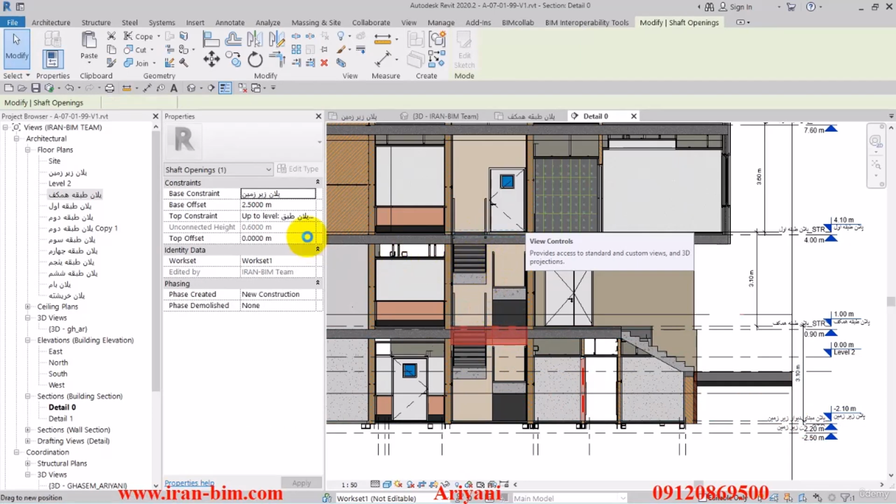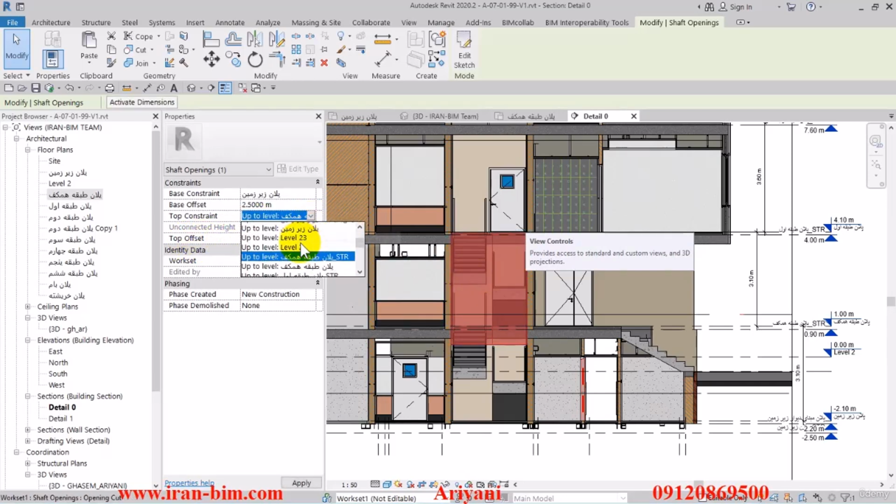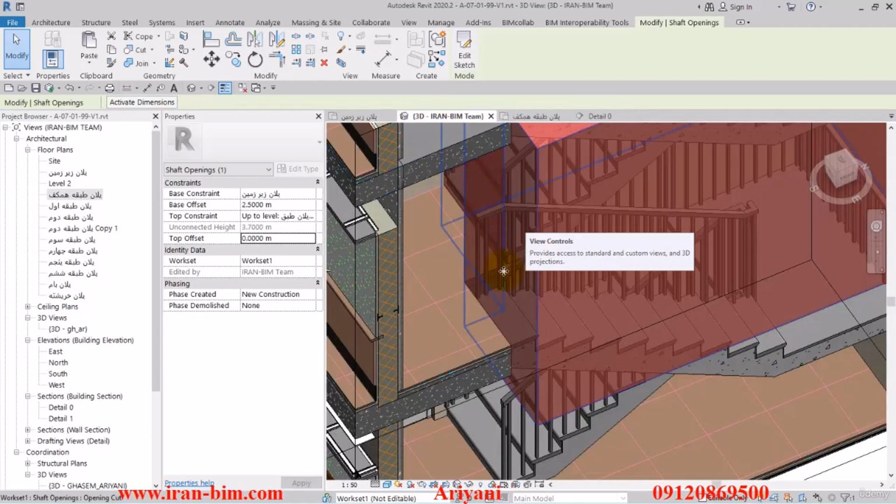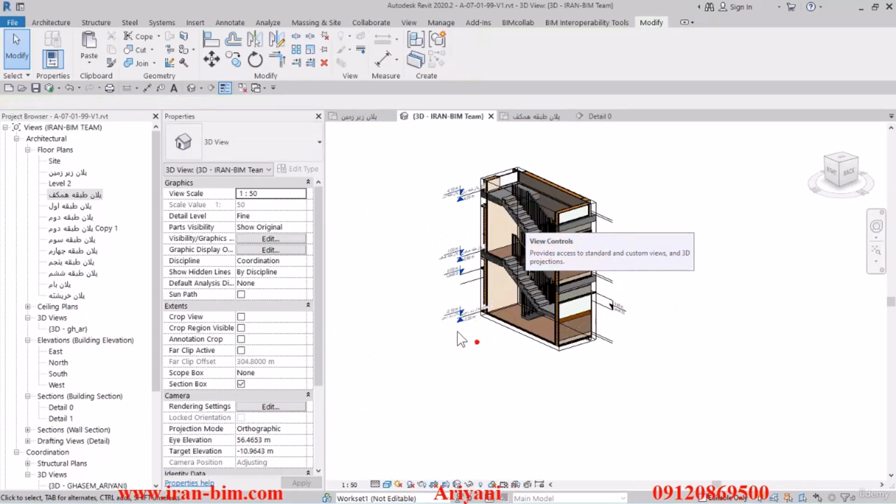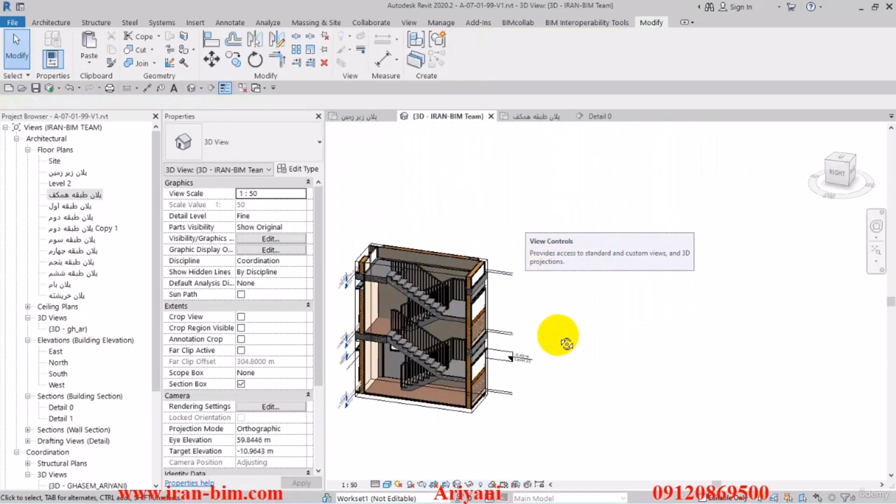Or instead of dragging this part, I can go here and put the top constraint on the first level, and then put the top offset at 0. Now let me go to the 3D view, and this is what it turns out like. So hit Ctrl S to save up to this point,